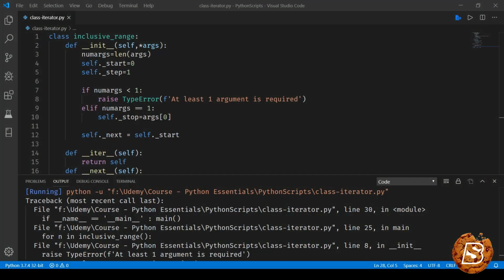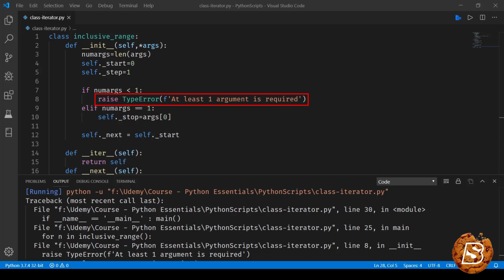In this lecture, you can see that we have made use of the raise statement to raise an exception. So in the previous lecture, we saw that whenever an exception occurred, at that point of time we were handling it, but here we are raising that exception. So if an argument is missing, we are saying raise TypeError